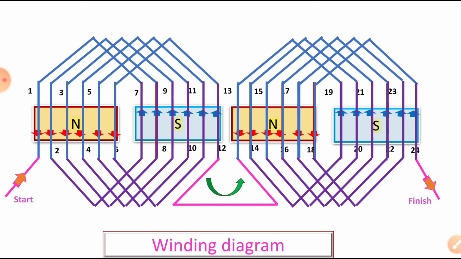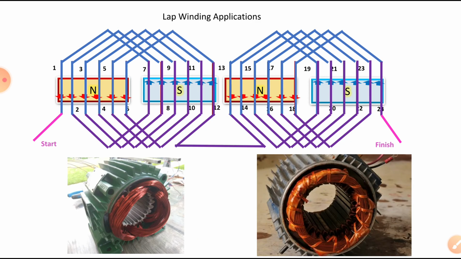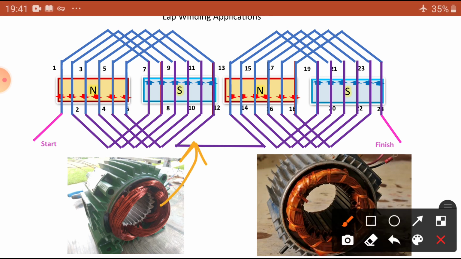So in case of AC there is no commutator, that is why there is no commutator here and there is no brush position. This is a simple lap winding, single layer winding. This winding can be used in my machines. This is a machine. Okay, so let us assume this winding is nothing but our lap winding. So here there is an armature, there is a stator part. So these are the different applications in our electrical fields.